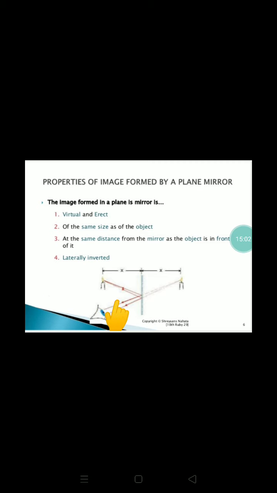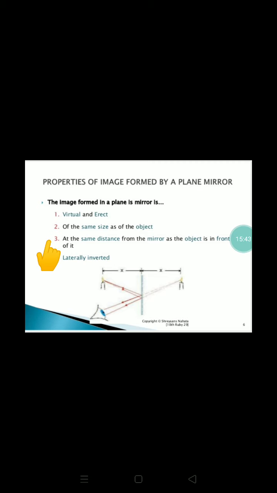Look at this. This is an object and this is a plane mirror, and it forms an image of this object here. In this case, this distance and this distance must be the same. So if this is 30 centimeters, this is also 30 centimeters. The properties of the image of a plane mirror are, first, it is virtual. That means it cannot be obtained on a screen, and it is erect. Look at this figure, you will get an image like this of this candle. And the second, the size of the object and the size of the image must be the same.